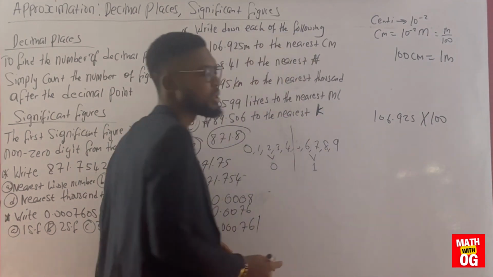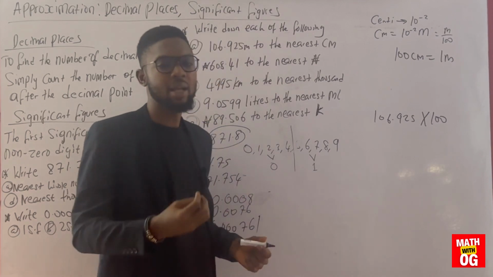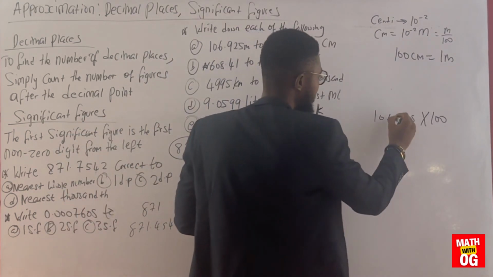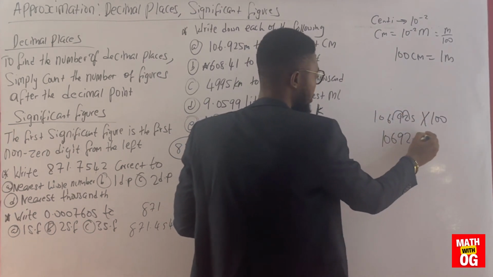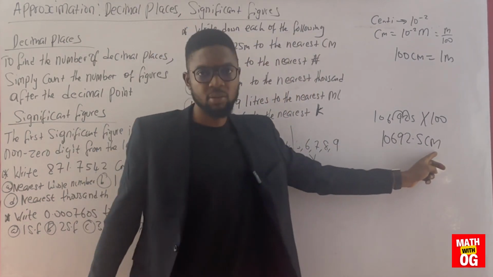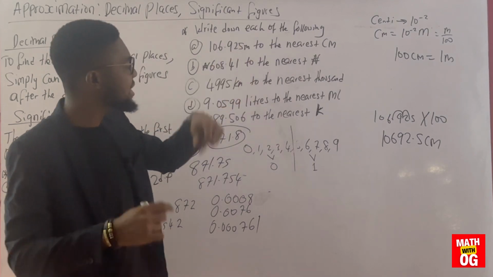And since I'm dealing with tens and powers of 10, I simply move my decimal point to the right the number of times I have zeros. I have 2 zeros here, so I move it to the right twice. 1, 2. So this will give us 10692.5 centimeters. What does that mean? 106.925 meters is equal to